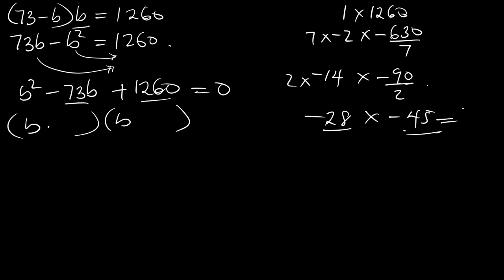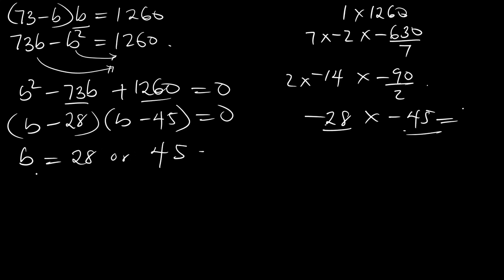So that means it will be minus 28 and minus 45. So this is the final. That means B is equal to 28 or 45. What we're going to do next is, we know from equation